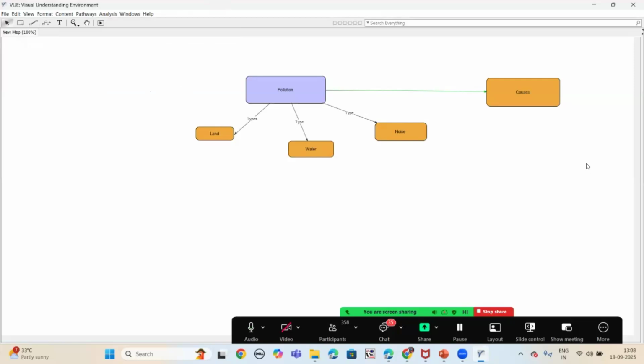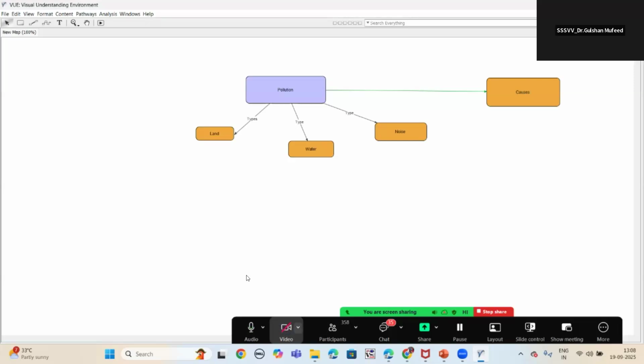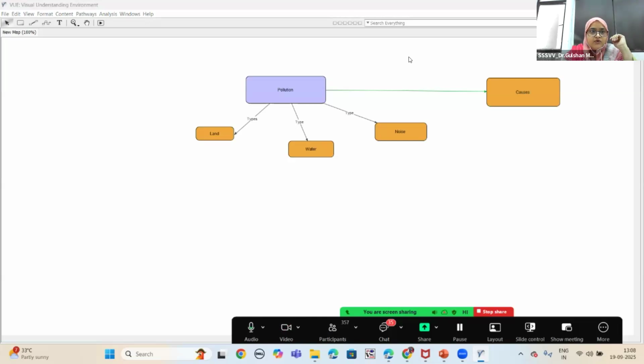This is just for demo purposes, but I request you all to develop a small concept map of the topic or subject which you teach in your classroom, and share it with us. So this is all about view.